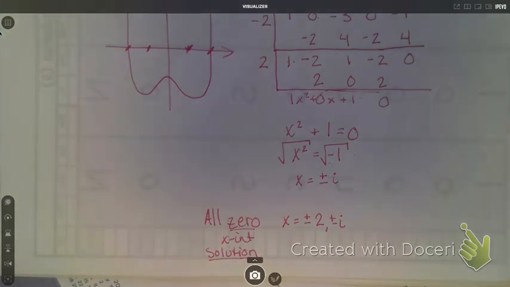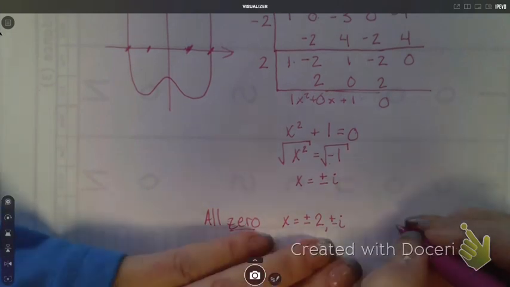Why? What is an x-intercept? When it crosses through. Where it crosses the x-axis. So when we have unreal solutions, can we interchange the x-intercept name on there? No. But when we have the real